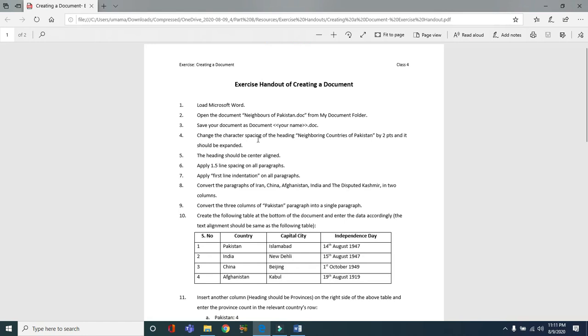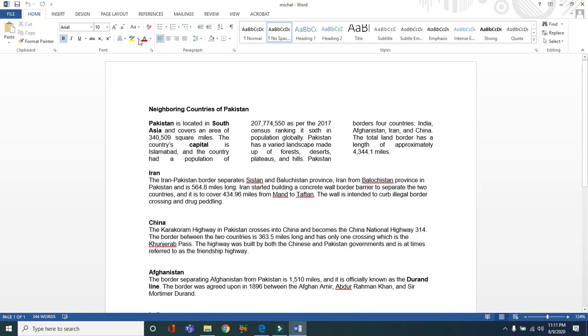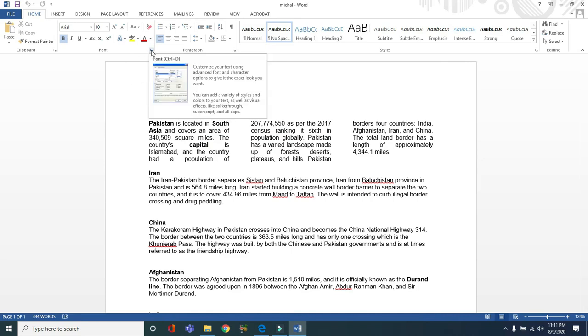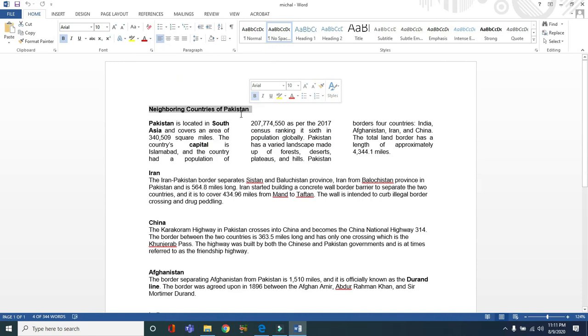Now change the character spacing of the heading, neighboring countries of Pakistan, by 2 points, and it should be expanded. So what we have to do is, here in the font area you can see this type of tool. To apply any formatting or any tool, we should select the text first.